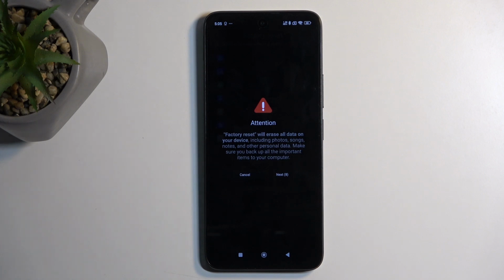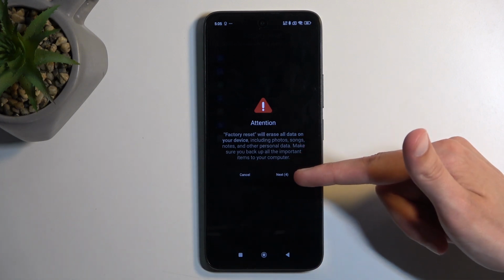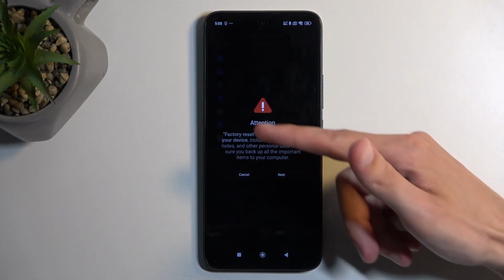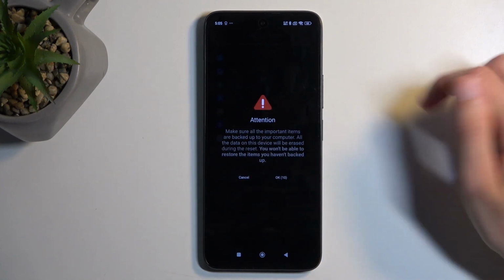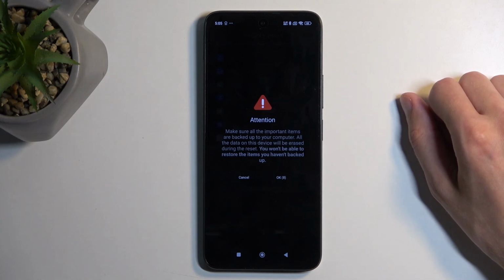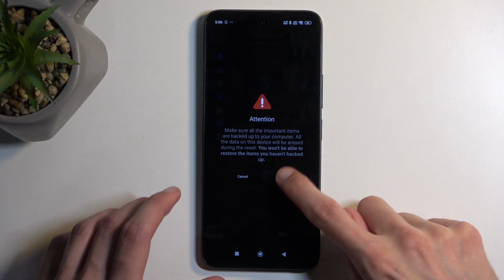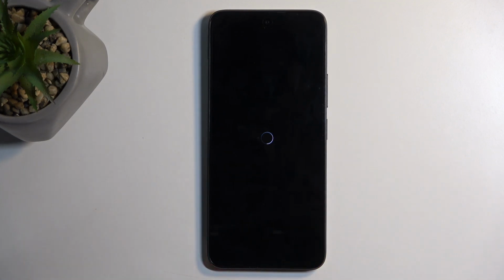Now, Xiaomi does consider their user base to be below average in terms of IQ, as it does give you a timer that you need to wait to confirm that you want to reset your device, so you do need to really go through that message. And that's not the only timer, because you have another one. So cumulatively, I think you get like 4 or 5 times a message that basically you will lose all the data on your phone. Are you sure you want to do this? And once you get 20 seconds of your life wasted, you can actually confirm it,